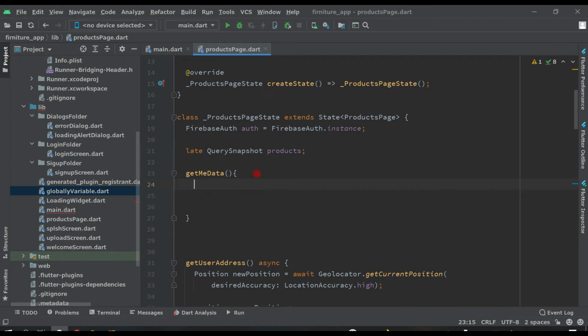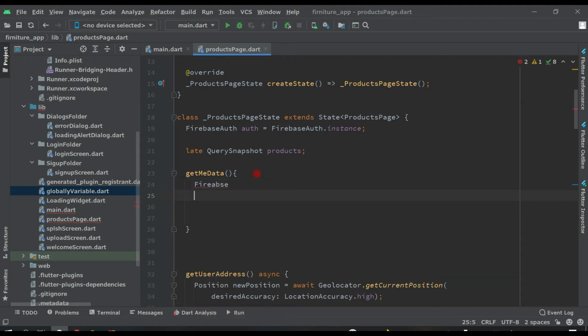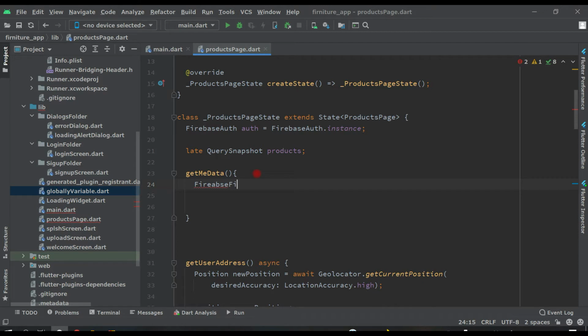Here, Firebase Firestore dot instance dot collection.